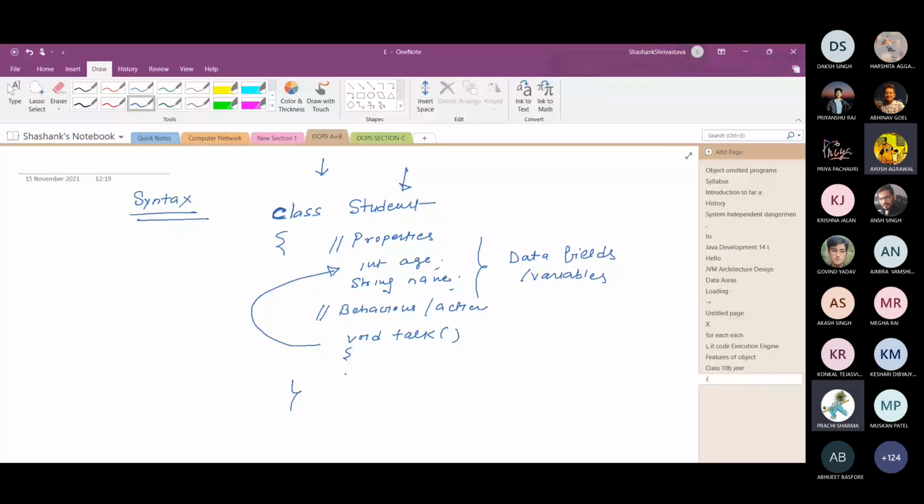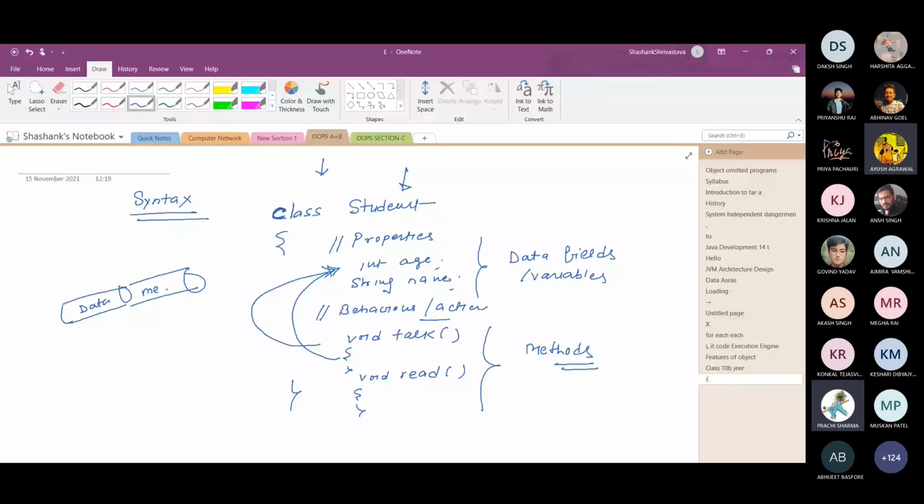Generally the methods of a particular class perform operations over the data. Here you can see that these data fields and methods are glued together, encapsulated together. And this encapsulated entity is called a class.